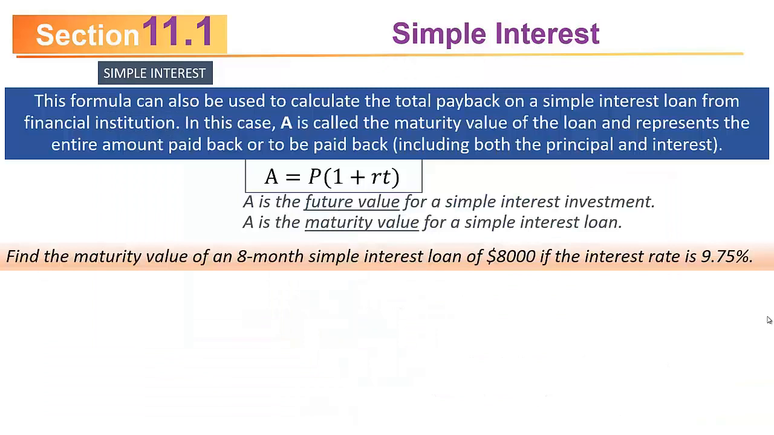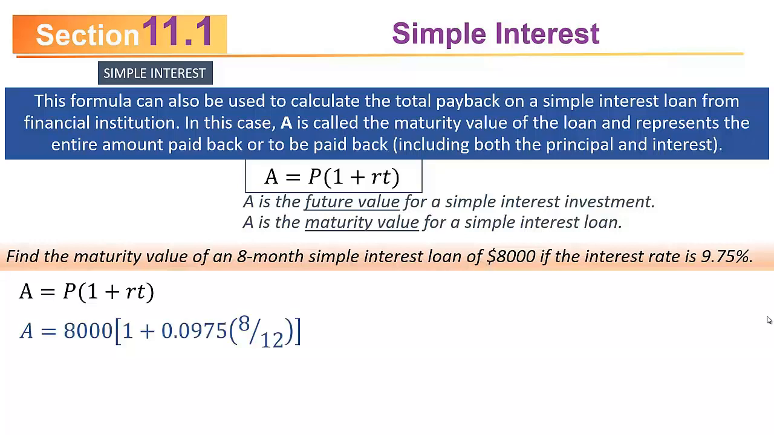How about this? Find the maturity value of an 8-month simple interest loan of $8,000 if the interest rate is 9.75%. Again, I want the maturity value, so I use the formula A is equal to P times the sum of 1 plus RT, and I plug in all the values. The principal is $8,000. The interest rate is 9.75%. If you move the decimal 2 places to the left, you get